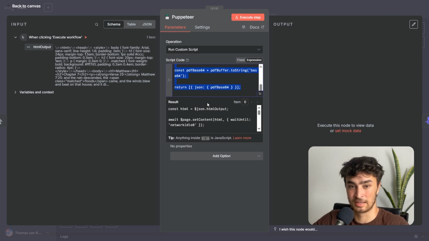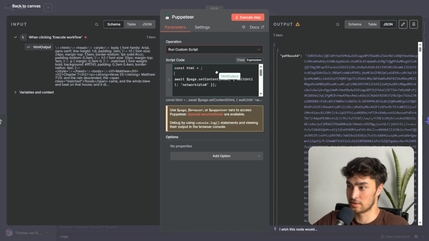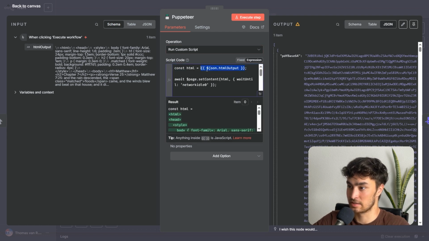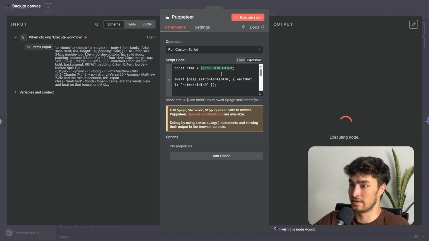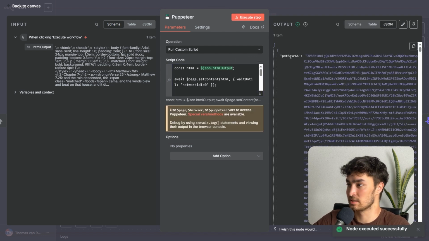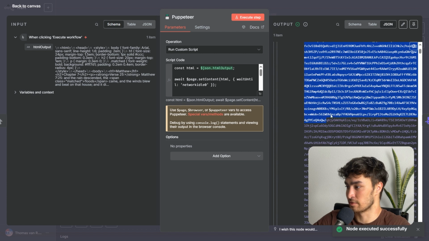I'm also going to put it in the description so you don't have to type it all manually. Make sure that if the new input that you're dragging over has brackets, that you remove those brackets. It should look like this. Then you can run the step and then it's going to convert it to pdfBase64 as a string of random